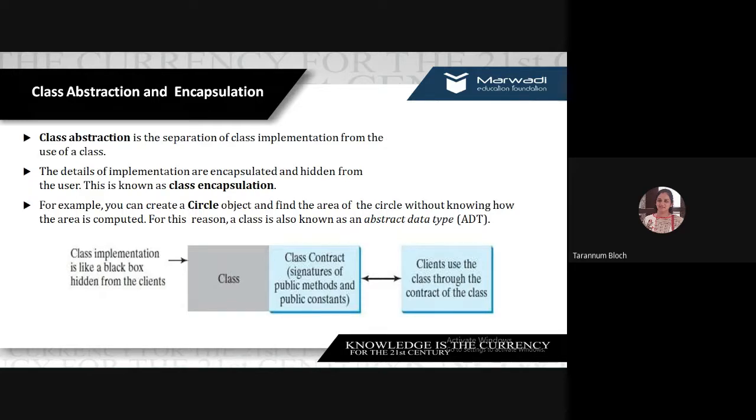So from that, right now we are talking about class abstraction and encapsulation, right? So when I say class abstraction, actually, class abstraction is separation of class implementation from the use of class. What does it mean? It means that if you are having a class, let us say you are designing a